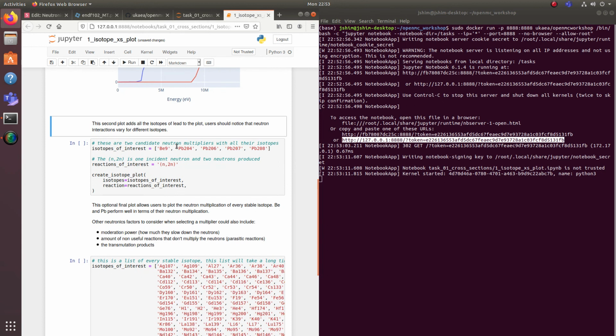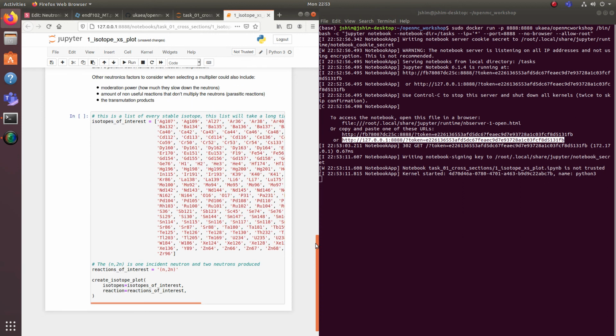We can loop through all of the lead isotopes, and create an isotope plot, and that's what that one does. And this one loops through every single isotope we've got in the nuclear data, plotting the neutron multiplication. And from this final plot, which will take a little while to plot, you should be able to see why beryllium and lead are used